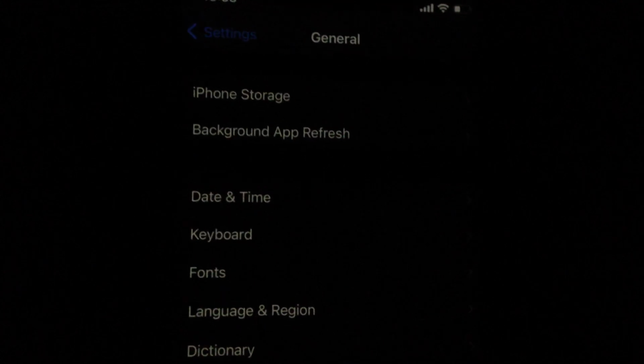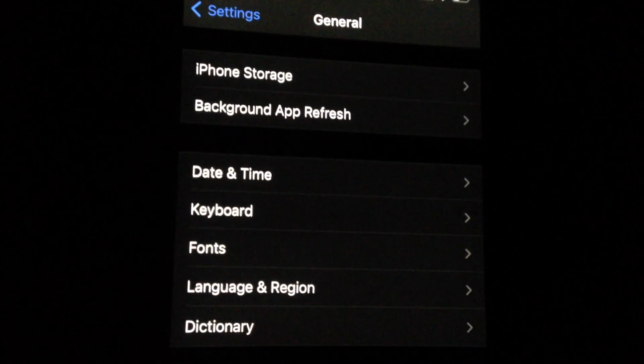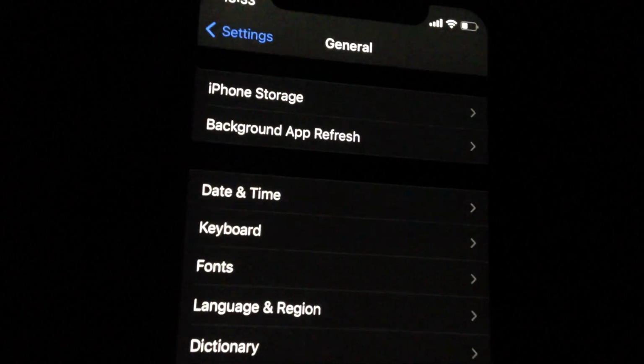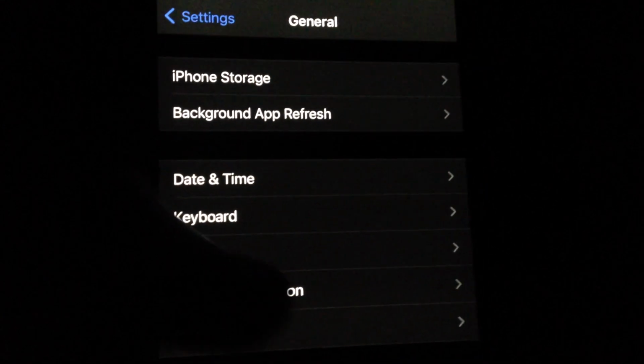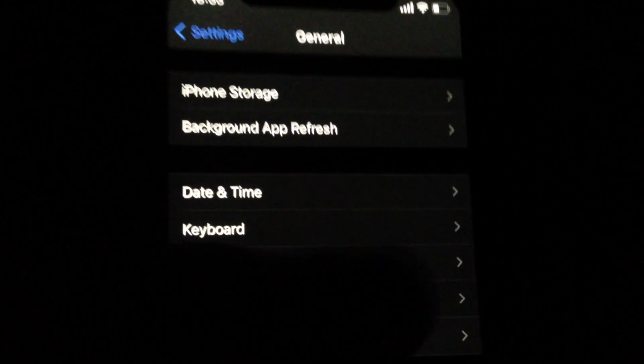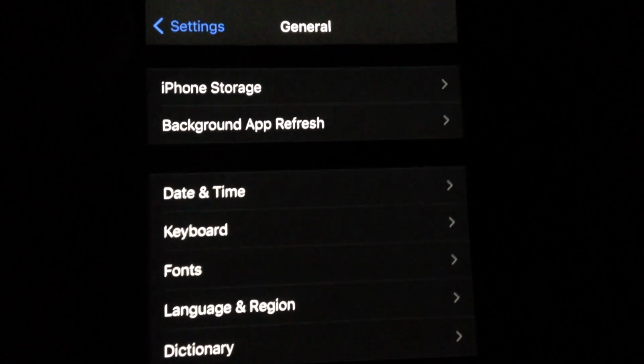So on these models of iPhone, you just need to press the volume up button, then the volume down button, and just keep holding the power button until you see a black screen. And after, just release your finger, and after you need to see the Apple logo, so it means that you successfully